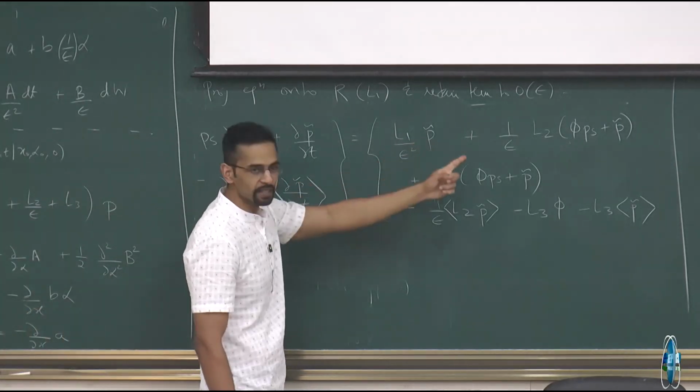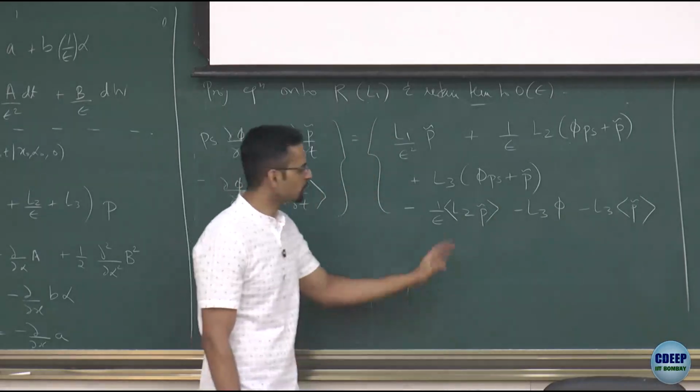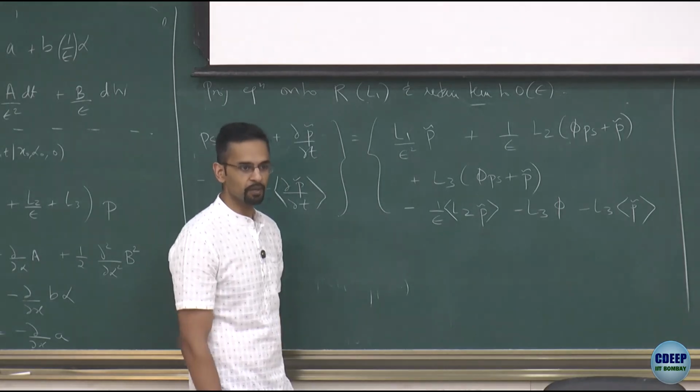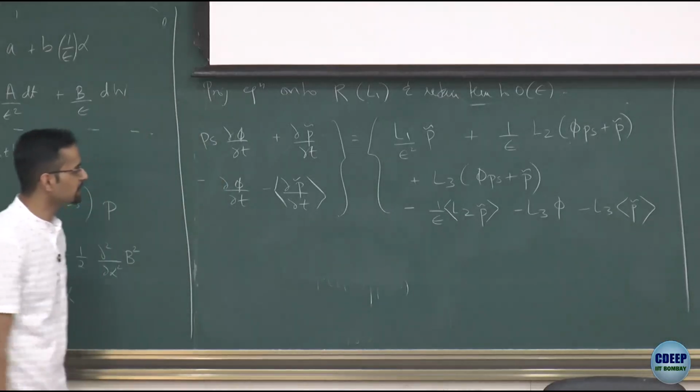when we try to solve for P tilde by inverting L1, I will be forced to look at what's called the solvability or Fredholm alternative and remove out the range complement, set the range complement part to 0, which will just give me that reduced equation. So okay, here we are already guaranteeing that.